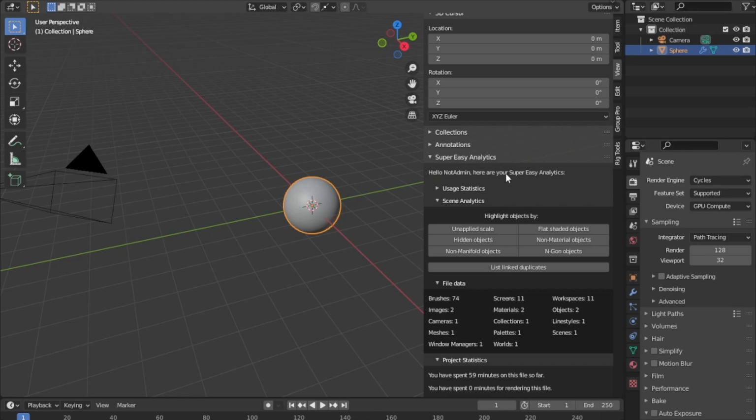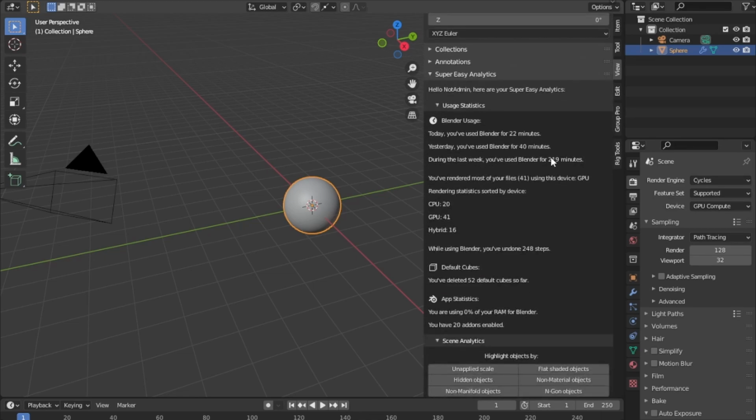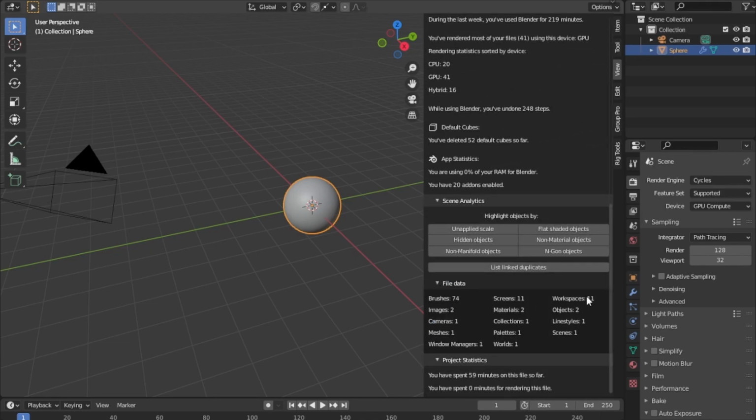SEA 1.2 also comes with improved time measuring and many new statistics. You can now see which rendering device you use most, how often you undo steps in Blender, how your system is doing, and what data your file is made up of.